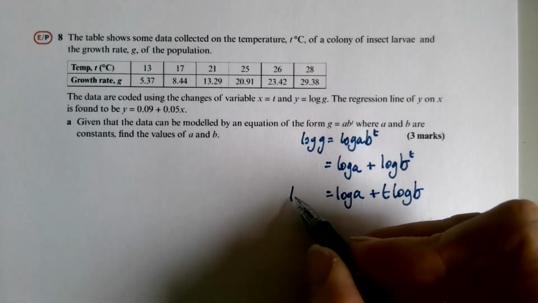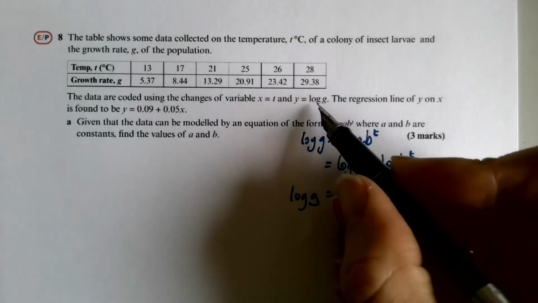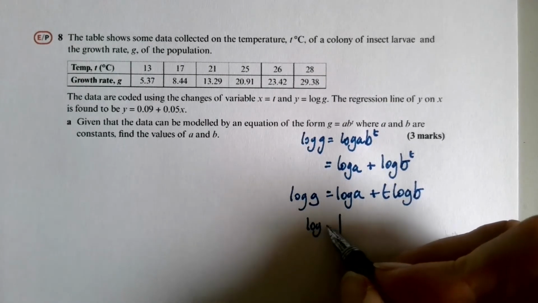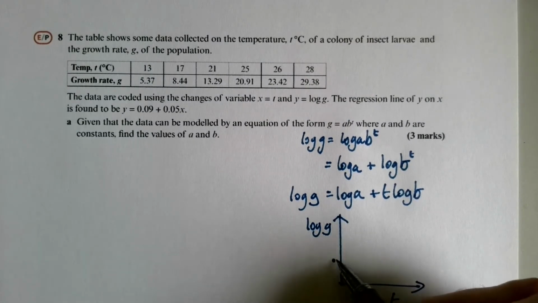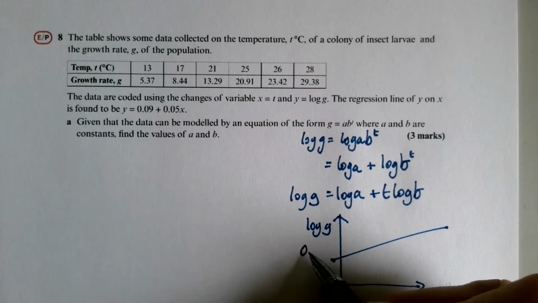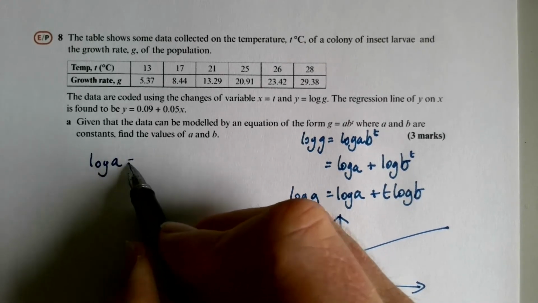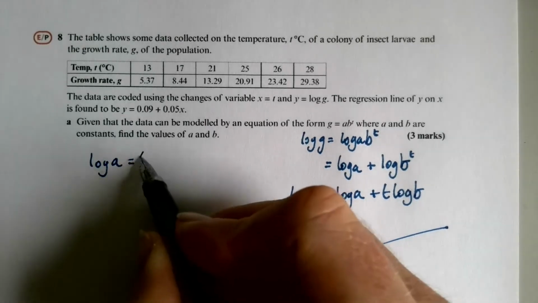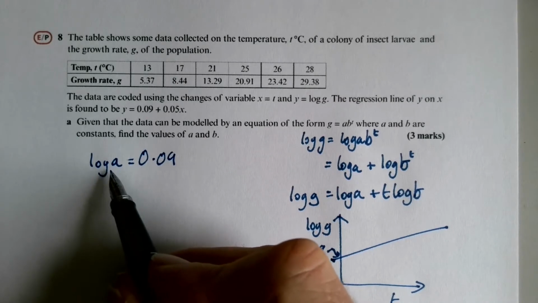And then I would think to myself, right, that's log g. We're going to be plotting, they're saying that y is log g and x is t. So given that, I'm going to have an equation here, 0.09 is what that is, and that is log a. So I can say first of all log a is equal to 0.09, and that means